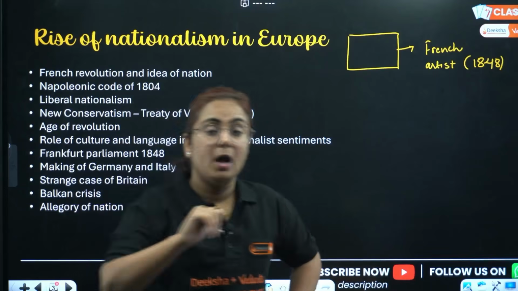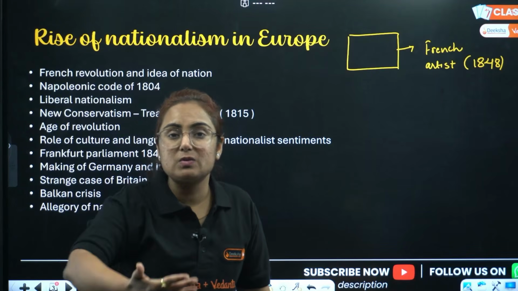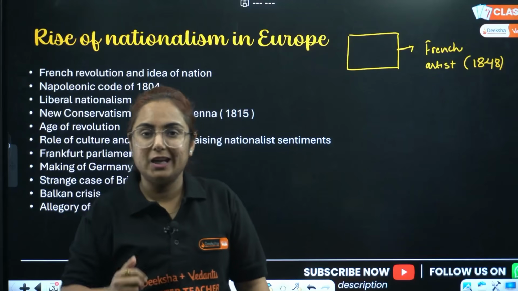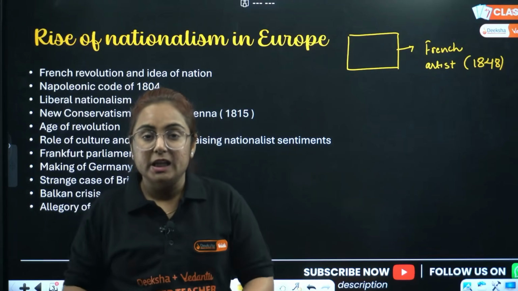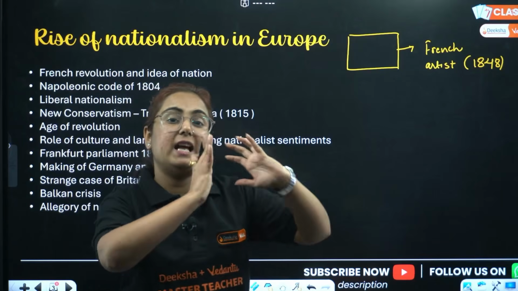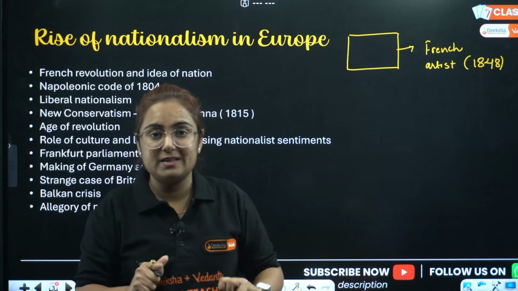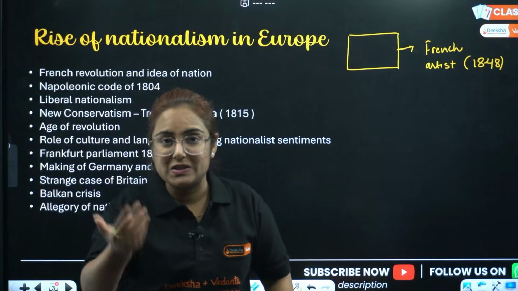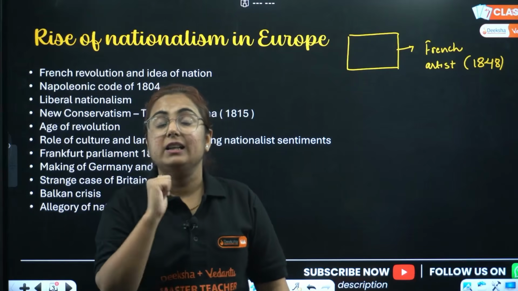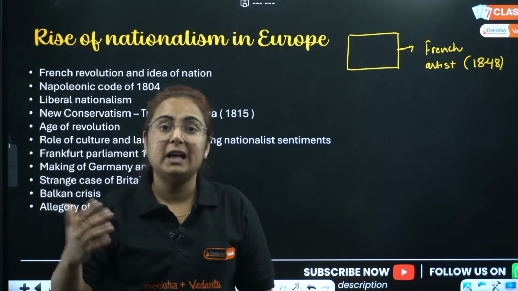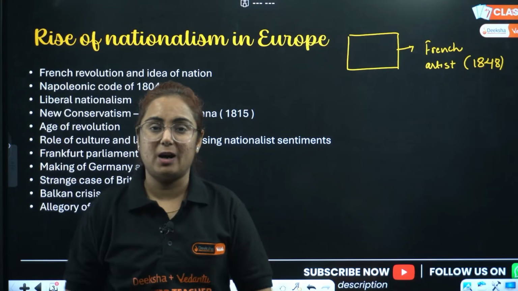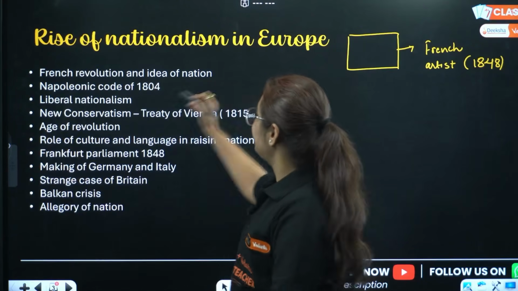Now then we move further, we see that hymns were composed, martyrs were commemorated. Oaths were taken to build the feeling of unity. Common laws were made, a common currency was there, a centralized administrative system was put in place. Common weights and measures were introduced. French was promoted, and they were discouraging the regional languages. Okay, so the chapter starts from here.